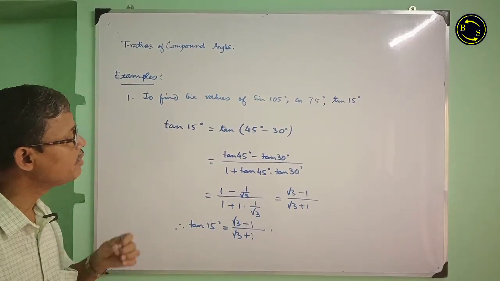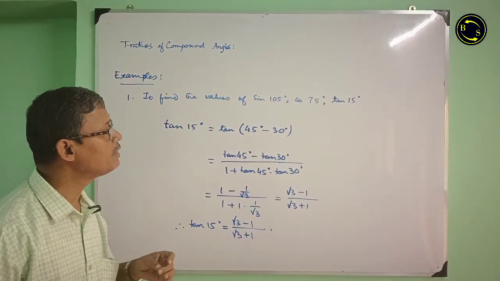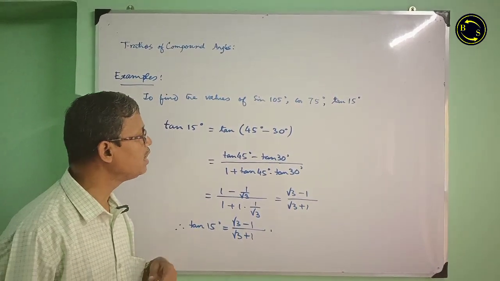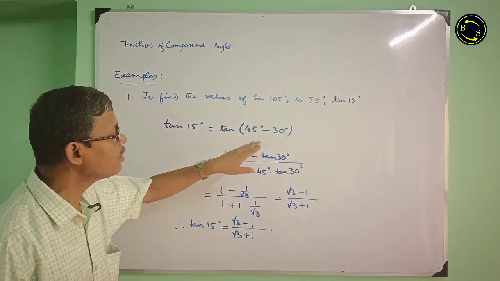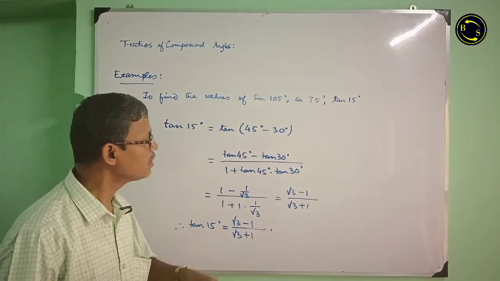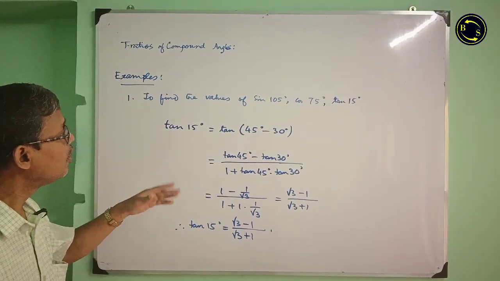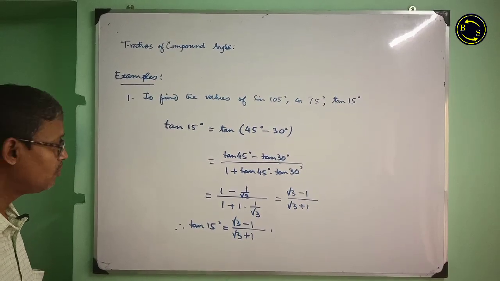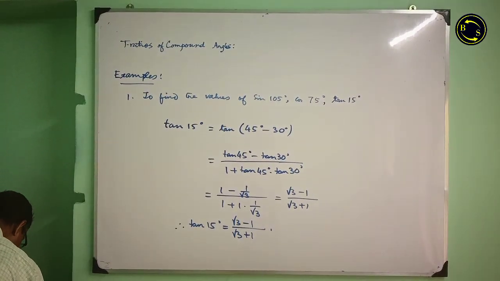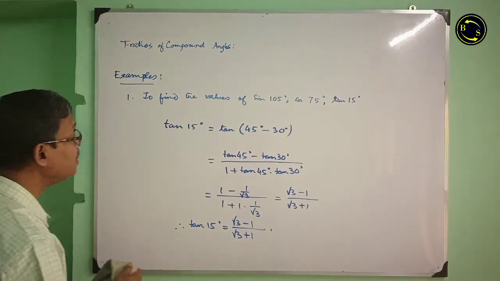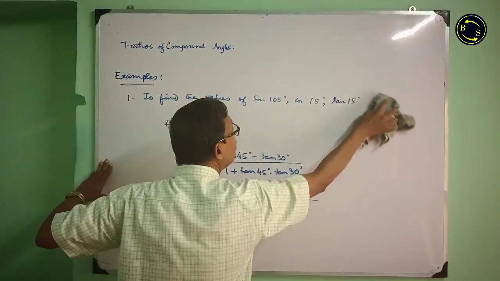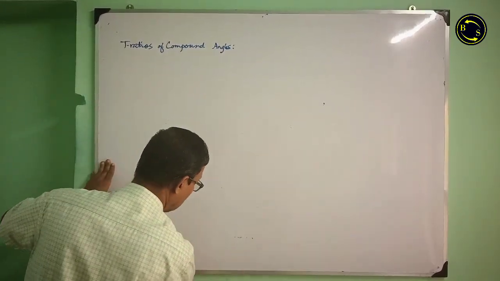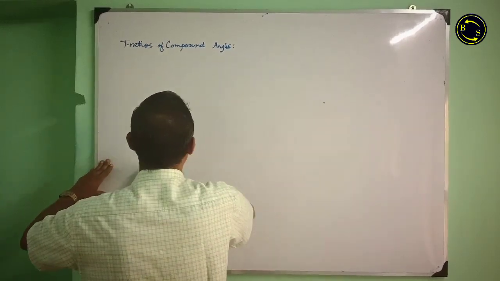In case of 75 degree, we have written 75 degree as sum of 45 degree and 30 degree, and for 15 degree, we have written that angle as difference of two angles, that is 45 degree and 30 degree, and got the values of sin 105 degree, cos of 75 degree, and tan of 15 degree. Now, we can combine the identities of